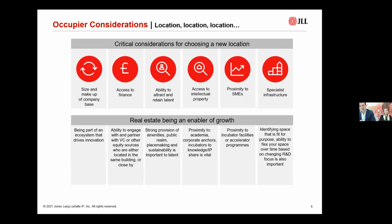So kind of as it says at the top, location. Clearly a very important part of the space that we're working in. I think what I'll do is just go through some of the key items and not all of it. I think the first one is critical. We find this time and